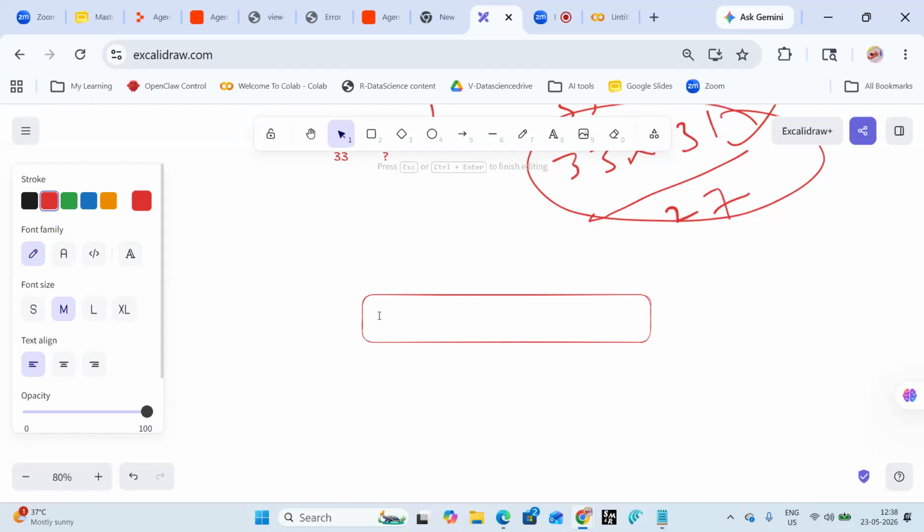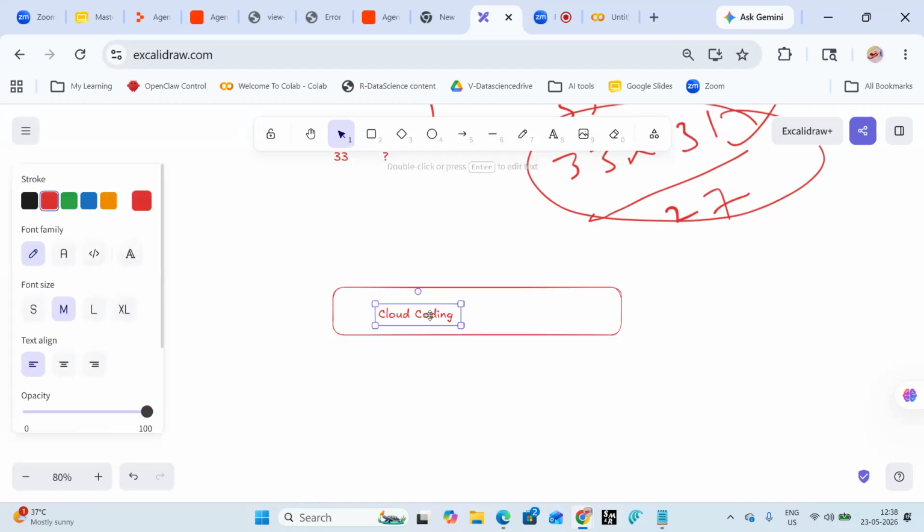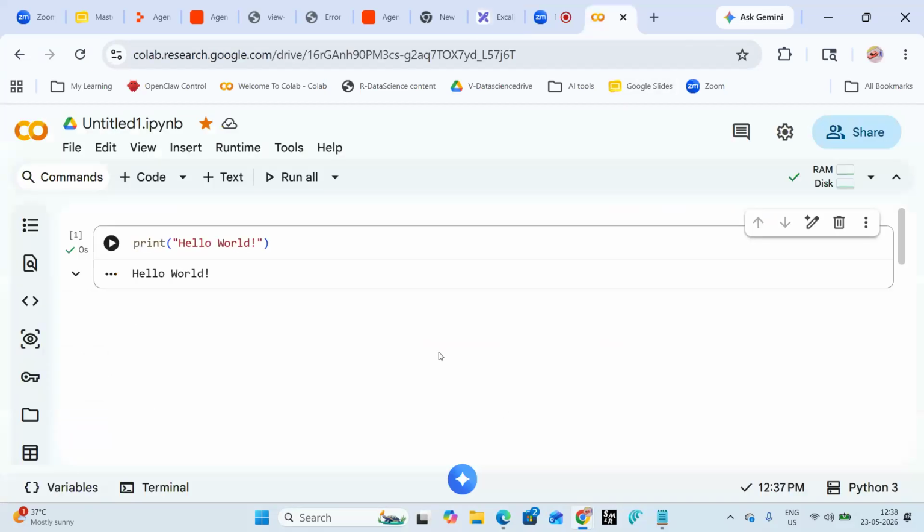After 2020, all the code we are writing is in the cloud only. We are developing in the cloud, testing in the cloud, and also deploying in the cloud.